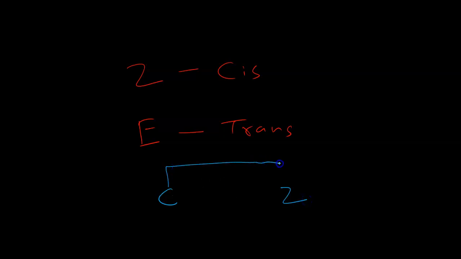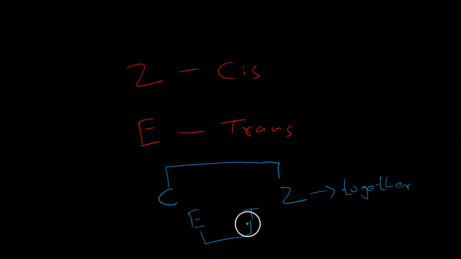So these two are the same. Z means zusammen, which in German means together. And E: A, B, C, D, E, and then in the middle it comes T. So once you know that C and Z are the first and last alphabet, and E and T are in the middle,